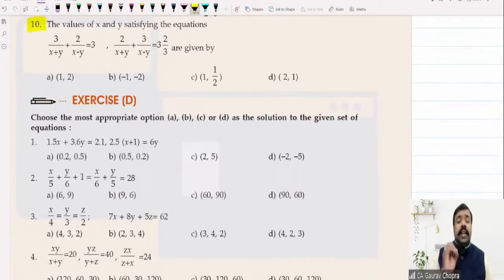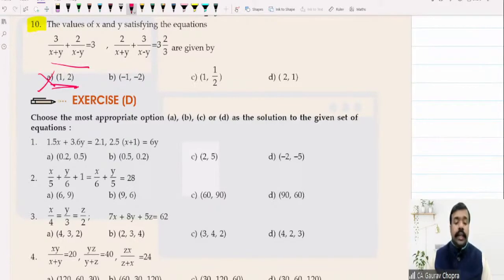Sometimes we can check our options orally and get an idea that an option can be correct or incorrect. Never try to get the perfect result every time. Just get a rough idea first so that we can calculate it perfectly, or we can skip and move to the next option. So if we try the first option, see what will happen. 3 divided by 3, because we have 1 plus 2. So 3 by 3 is 1 and 2 by minus 1 becomes minus 2. It will give the negative result. So option A is incorrect.